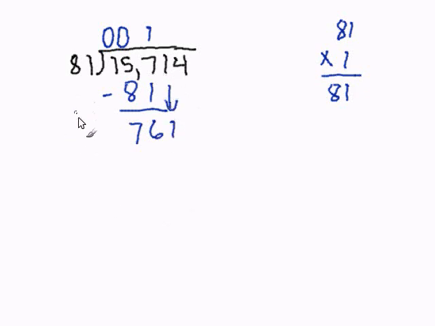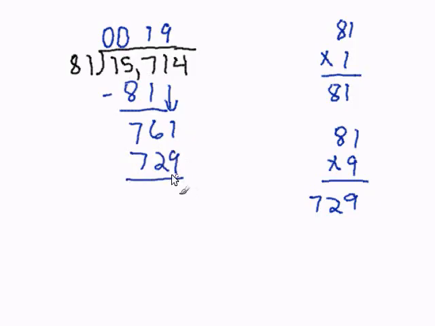Now we have 81 goes into 761. And again, that can be hard to figure out, so I'm going to block out the last two digits, 1 and 1, and ask myself how many times 8 goes into 76. And 8 goes into 76 9 times. So I'm going to take 81 and multiply that by 9. And that's going to get me 9 times 1 is 9. 9 times 8 is 72. So I'm going to put the 9 right here. 9 times 81 is